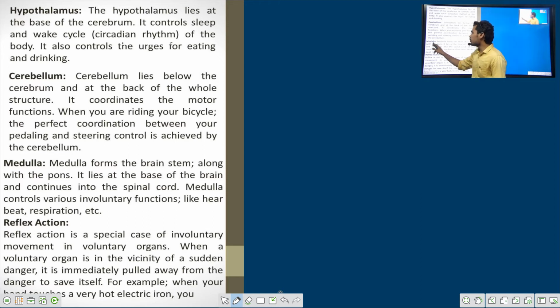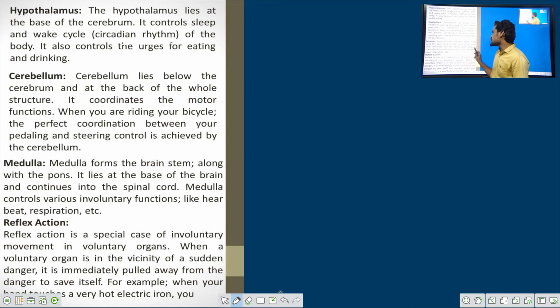So moving on to the medulla. Medulla forms the brain stem along with the pons. It lies at the base of the brain and continues into the spinal cord. So there should be a connection from brain to the spinal cord. So the connection starts with the medulla. Medulla is actually a bridge-like structure, a bridge in the nervous system, completing the nervous system while connecting brain and